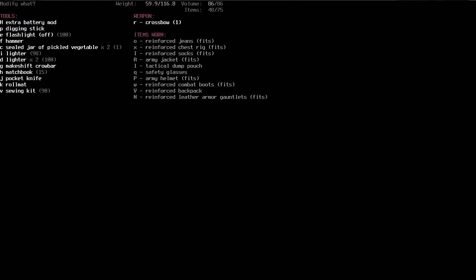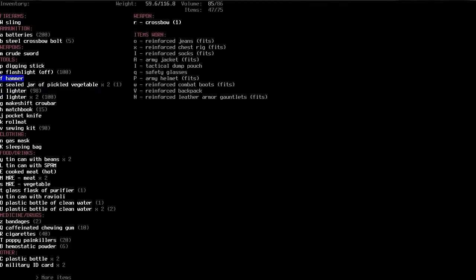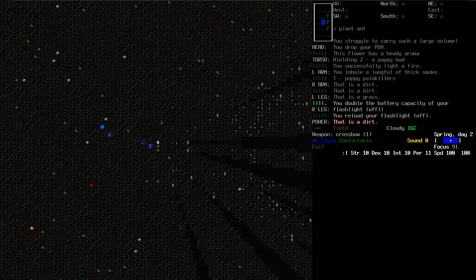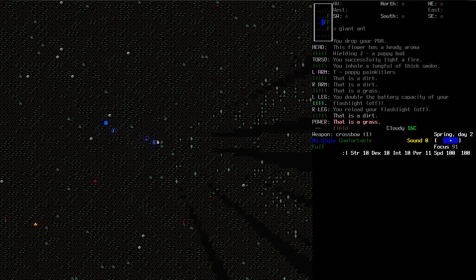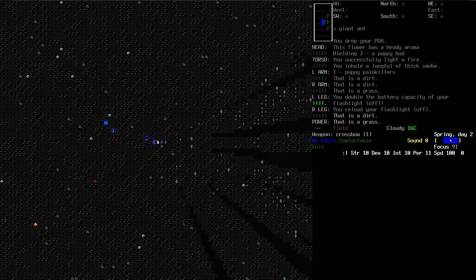Activates extra battery mod on my flashlight. And reload the flashlight. Now we've saved even more space. Woo! So, where the fuck was that? There's a bloody portal gun here. Like, I have seen these before, I have used them before, so I can...